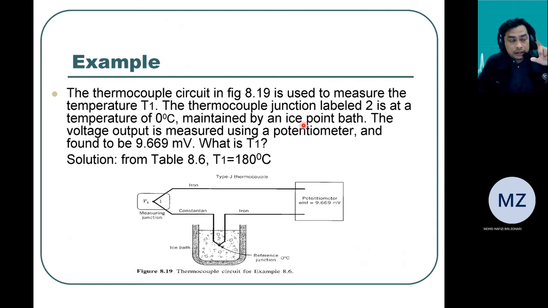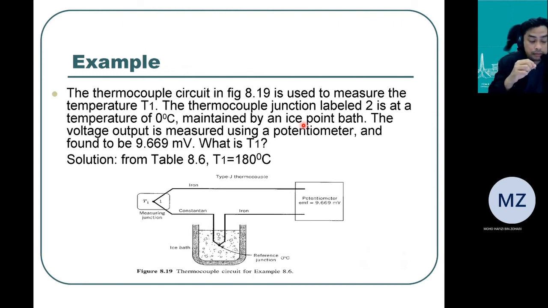Before I forget, the manufacturer will give us a table, and basically it uses the ice bath as the reference to create the table. In this case, one junction is put in the ice bath, and the other is the measuring junction, and the potentiometer shows 9.669 millivolt EMF,